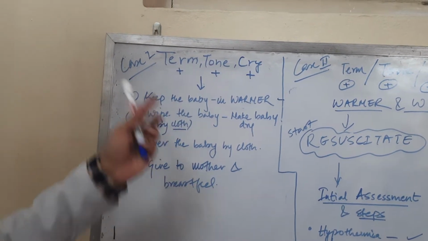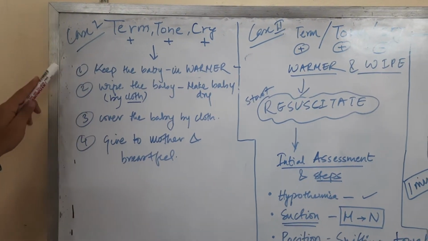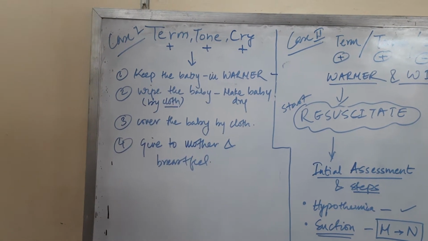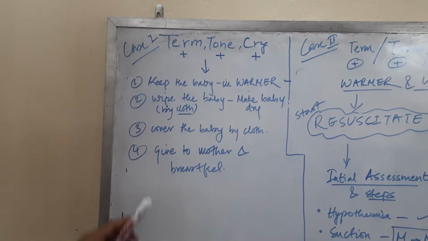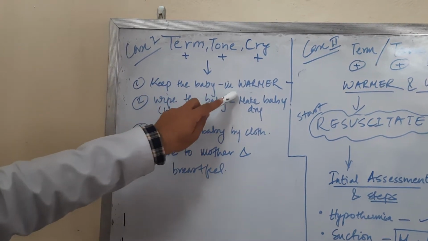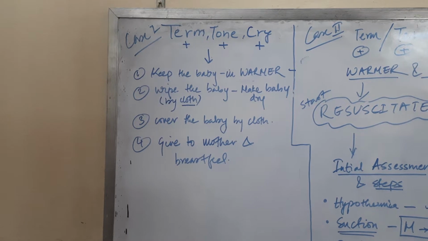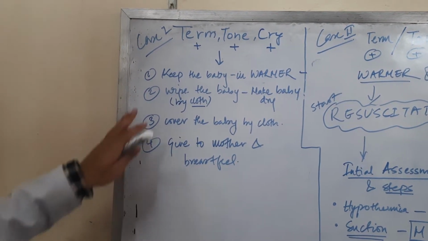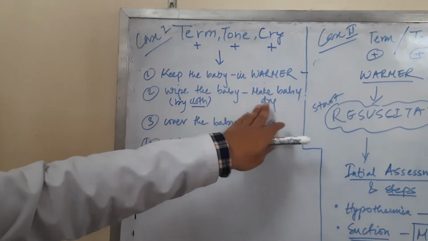So once the baby is handed over by the gynae department to the pedia department, the baby is immediately kept in the warmer to prevent hypothermia, because in neonates hypothermia is more important than airway and breathing itself. Once the baby is kept in the warmer, obviously the baby has secretions and vernix caseosa all over the body. The face and mouth have to be wiped with a cloth, and the baby has to be made dry.